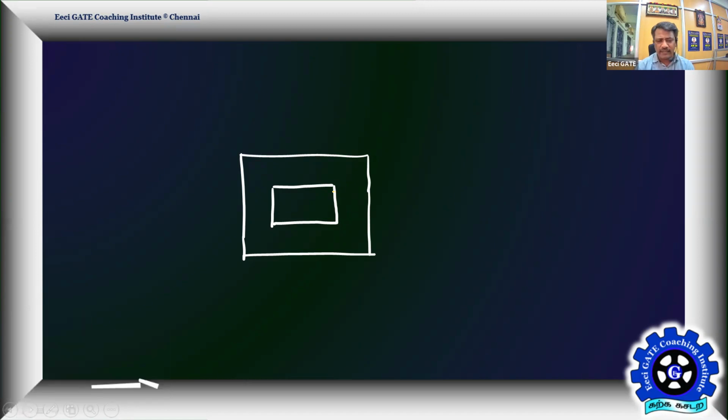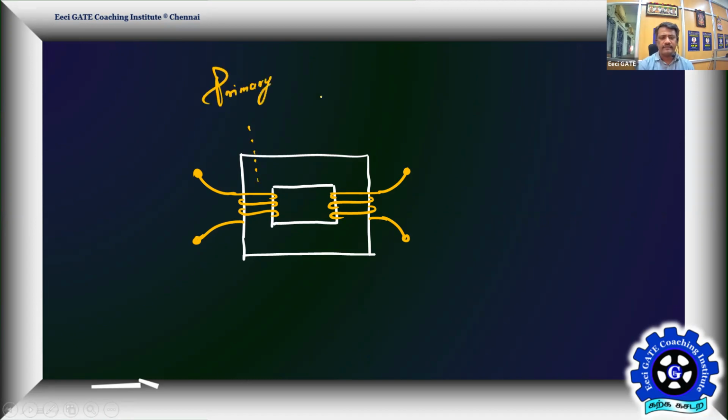So this is my coil. Let me take it as the secondary. Usually there is a primary here. We have a primary, but no information about that. Since he said transformer, we should have both primary and secondary. That's the primary winding terminals, and I have a secondary winding. The winding sense is also not mentioned, not an issue. Without that we can still proceed, since it is talking only about the induced EMF. So this is your primary winding and this is your secondary winding.